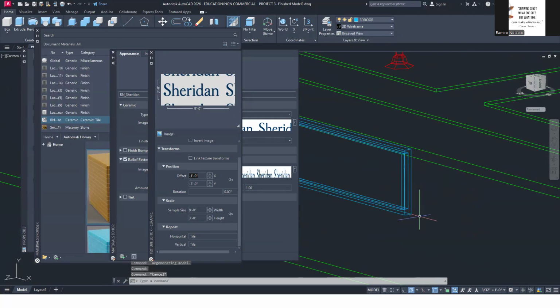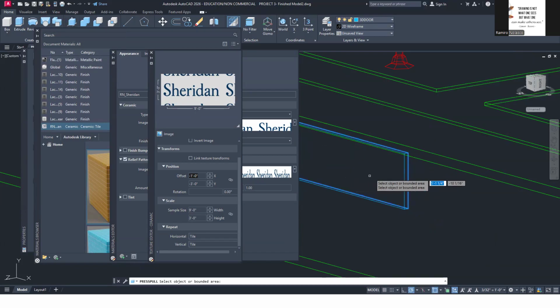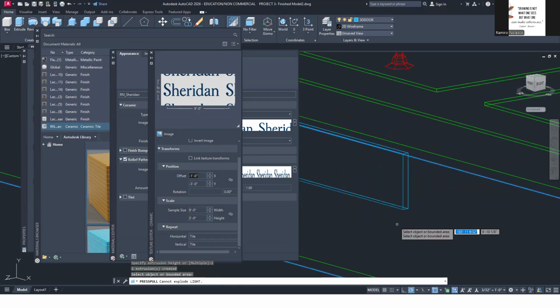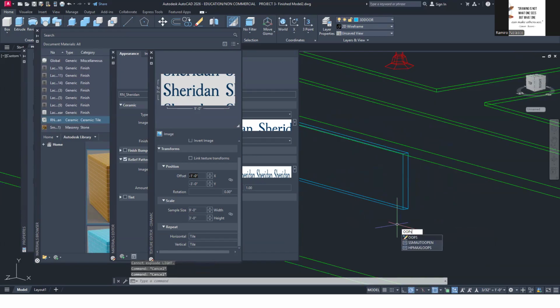So I'm going to erase this. So erase, and I'll show you why I use the erase tool to hide things. So I'll erase that for now, and then press pull this. So use the press pull this so it goes up a little bit, let's say by an inch, 1 inch, enter, and then type the oops command, sorry, oops, to bring back what I erase.